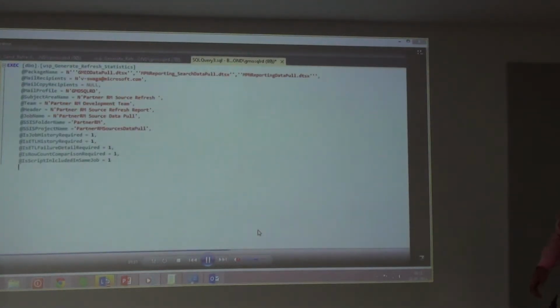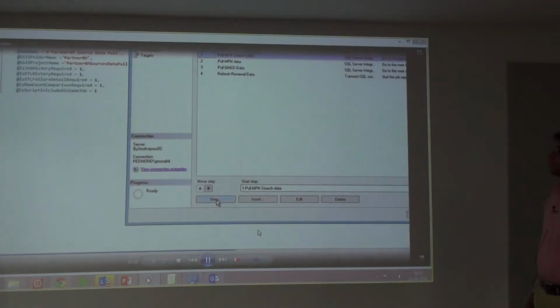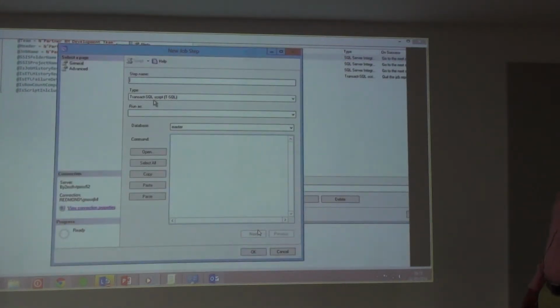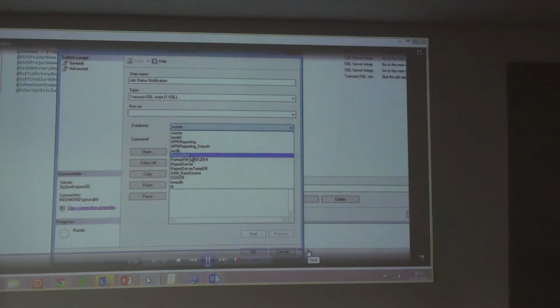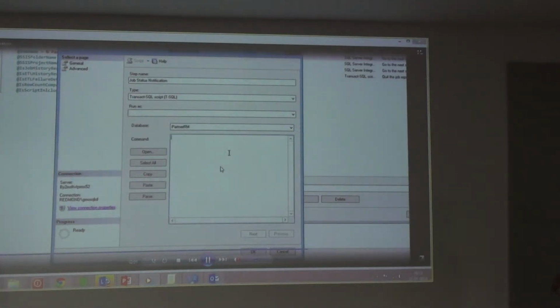So I will add this script in the last step of my job. I will create a new step, a job execution notification step, and I will choose the correct database where my scripts are.